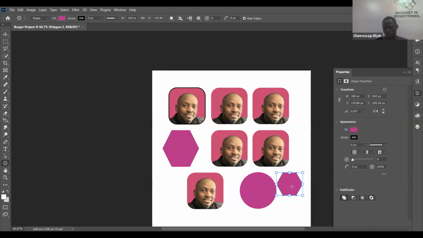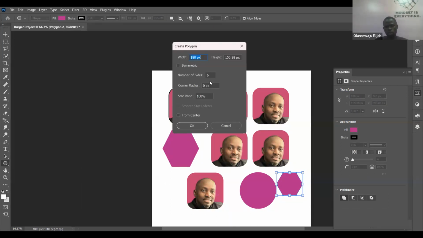That's why when we created this one, it still gives us 6 sides, right? If you want to create 8 sides now, or maybe 7 sides, what do you do? Click on your document, on the area you are working with, click anywhere there. Then you can increase the size, and you can also increase the grid.